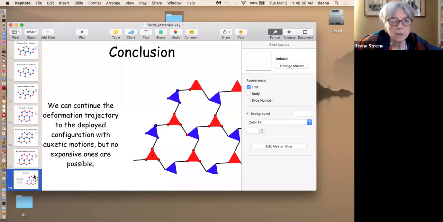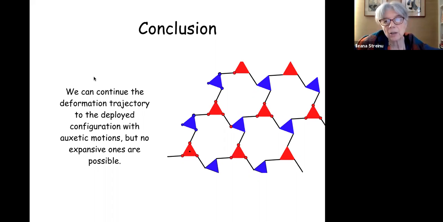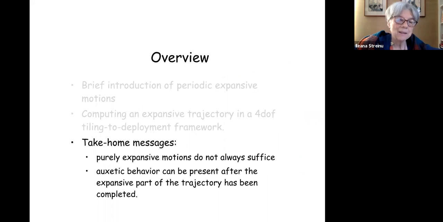Okay. So let's see. I'm getting close to the end of my talk, actually. I think I told you most of the things that I wanted to tell you. So the idea is that we did use expansive motions in this fashion inspired by the Carpenter's rule problem algorithm based on pseudo-triangulations, based on the properties of periodic pseudo-triangulations. And here are the take-home messages, right? So there are two messages here, that using purely expansive motions, you may not necessarily reach the highest area, the